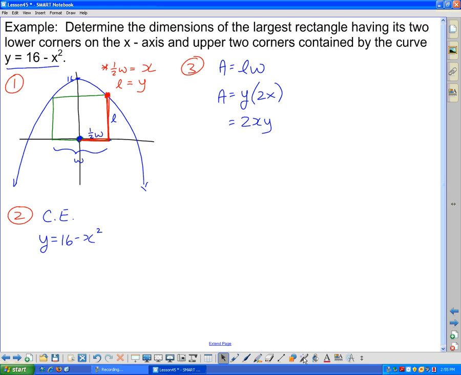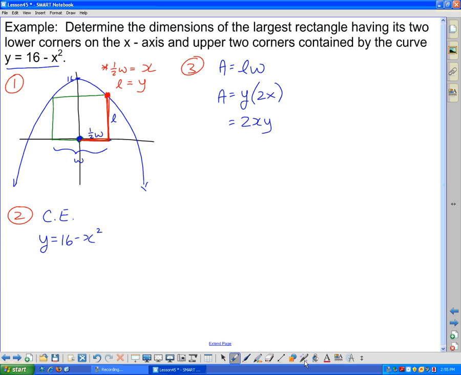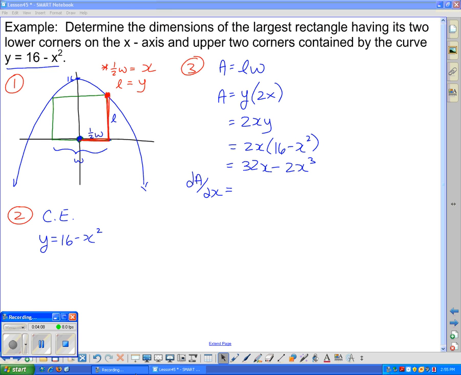And the constraint equation's already in the proper form. It is y equals. So we're all set to go here with the substitution. So 2x bracket 16 minus x squared. So we end up with 32x minus 2x cubed. Now we're going to take the derivative. At this point, all the hard work is done. You've honestly done all the thinking part right there. The diagram, setting up the constraint equation, setting up the optimization equation, that's what's needed in order to solve this question. So we got 32